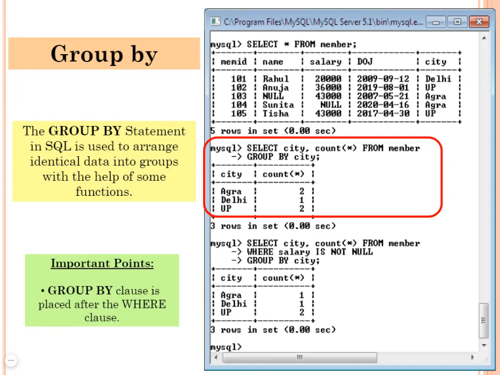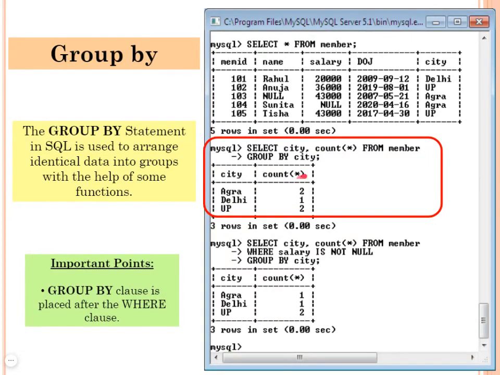Here city is grouped together via the GROUP BY command, and COUNT(*) is going to produce the number of related items. So city will give me Agra, Delhi, and UP, and COUNT(*) will count the number of items in a particular group.